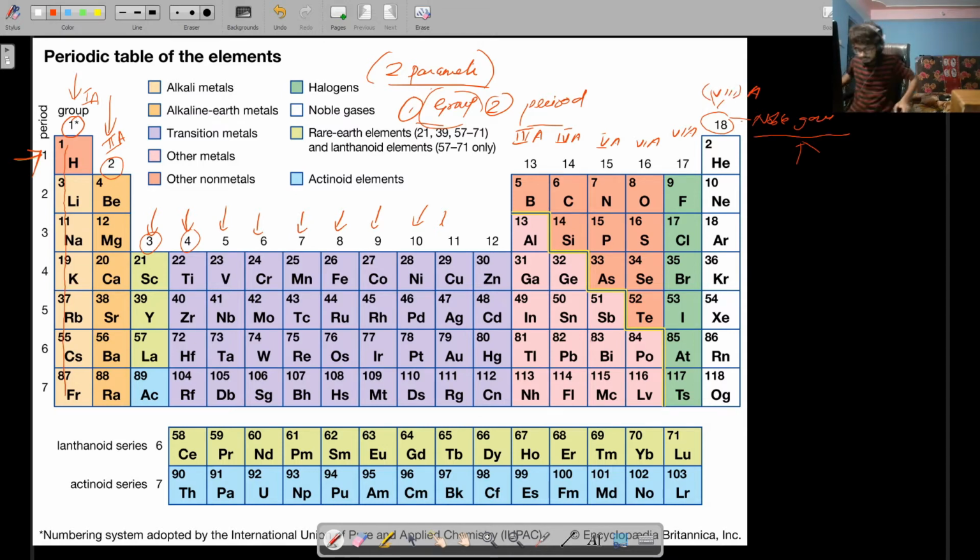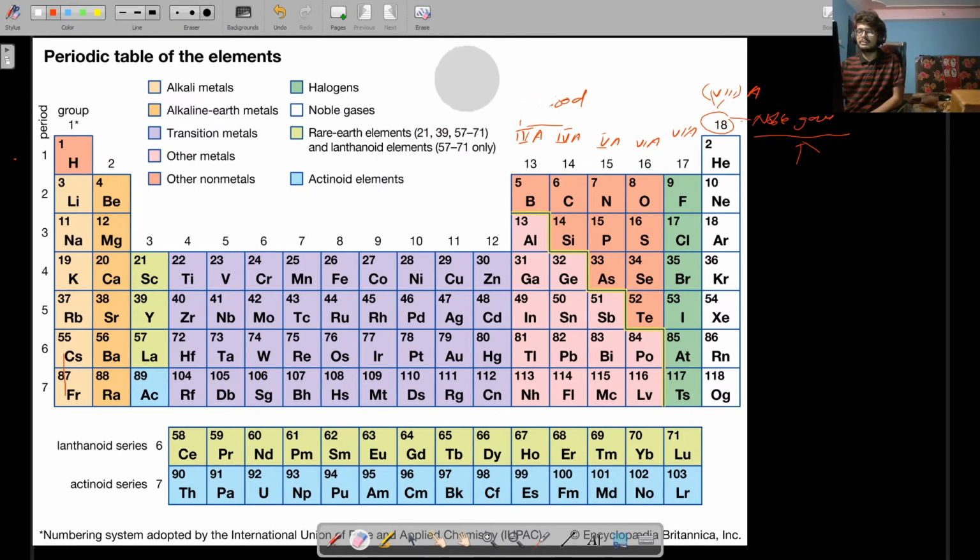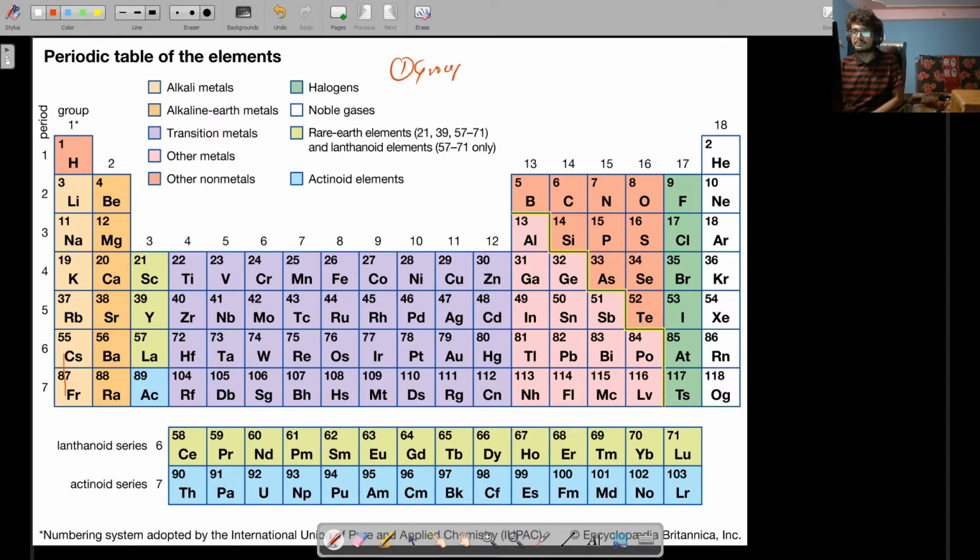So I'll go again with this explanation. What I was explaining to you is, this is a periodic table. This has all the elements that have been discovered till now, right? And all these elements are arranged in two different patterns. The first one is the group arrangement, and the second one is the period arrangement. First one is groups and second one is periods. Vertical lines are called columns, and these horizontal ones are called rows.